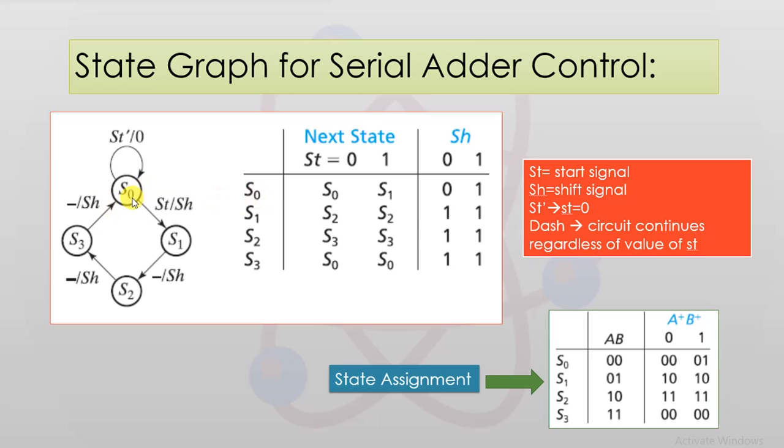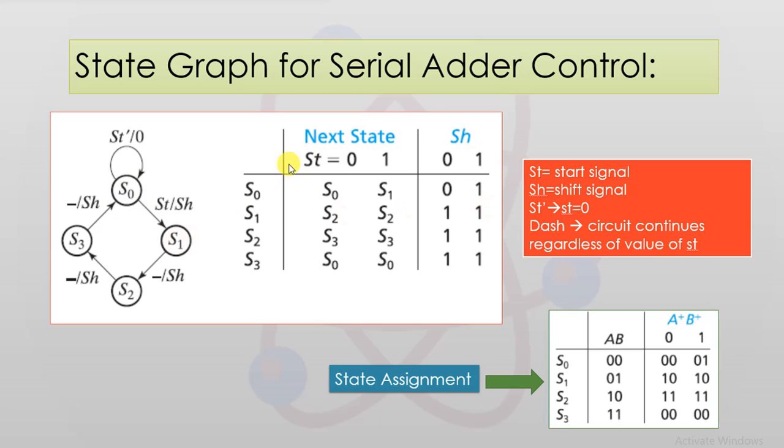So if I am in the state S0 and the start signal is not generated, I will be moving to the same state S0. So hence you can see that in the next state, when ST is equal to 0, if you are in S0 you will move to S0, and if ST is equal to 1, that is a start signal is generated, then you will move from S0 to S1. Simultaneously there is a shift operation that is being initiated, so you can see that the value of SH is going to change from 0 to 1 when you move from S0 to